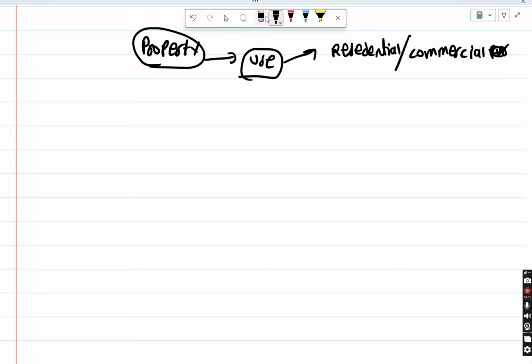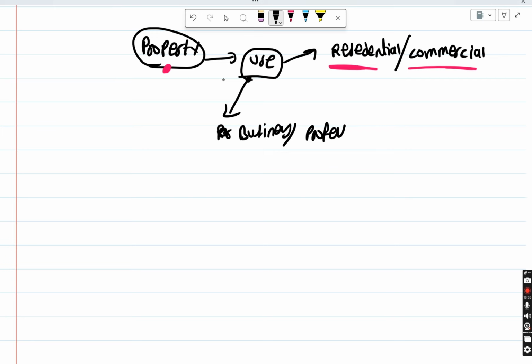Okay, it doesn't matter whether you use it for residential or commercial. First of all, it should satisfy the definition of property. If it is a building or land connected to a building, come to the IFHP, no problem. And if it is residential or commercial, we will tax it. But if the same property is used in business or profession, then it will obviously go to PGBP.